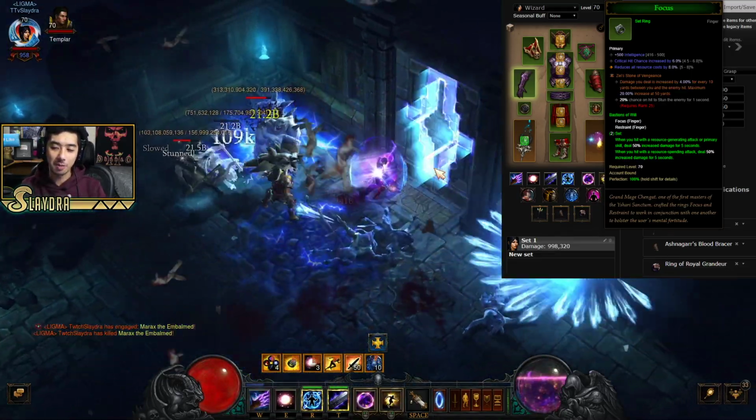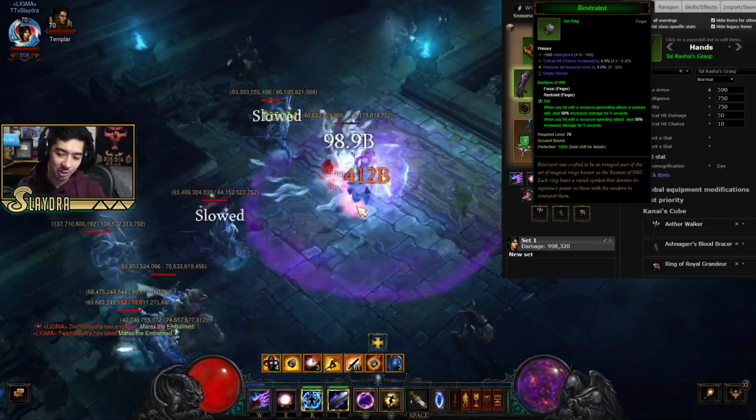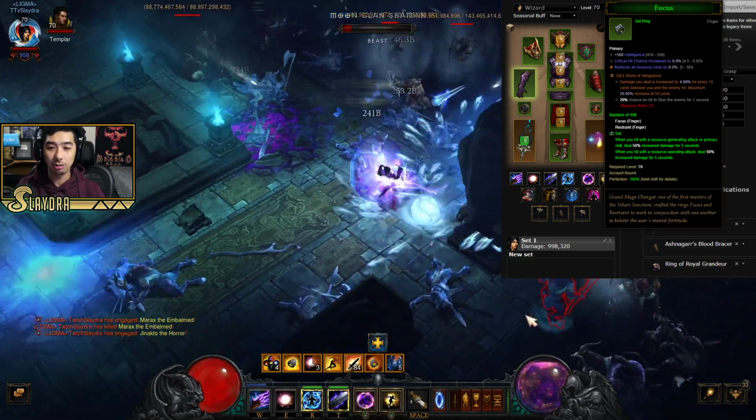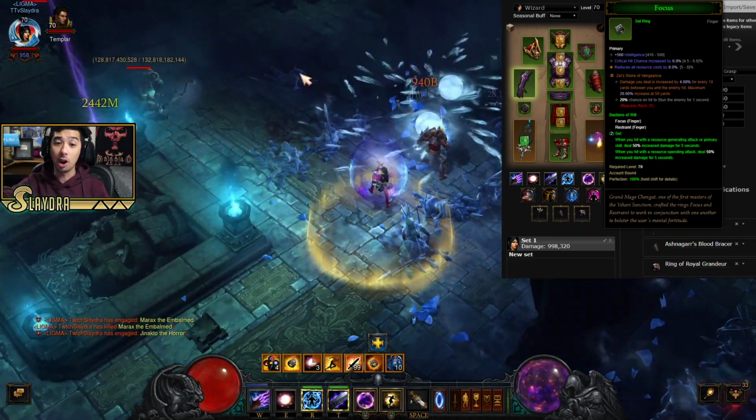I'll also mention the other gem slot. I know there's one gem slot that's missing. This is technically optional as far as what you want to run in your last slot. But I'm running the Zystone of Vengeance. You're going to be eliminating enemies super far off screen because Frozen Orb goes super far and then it explodes